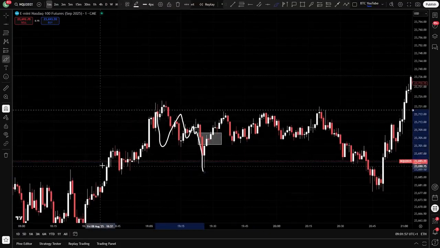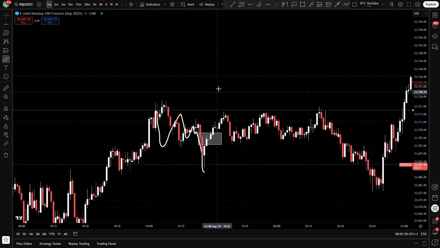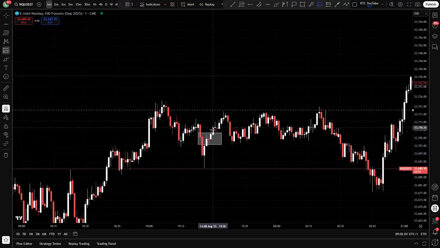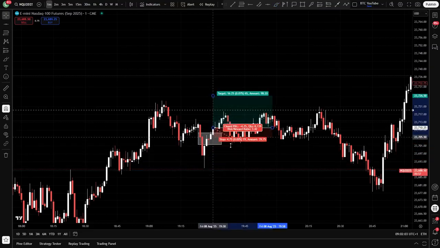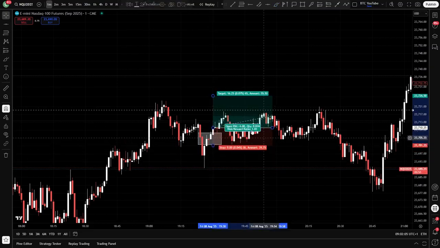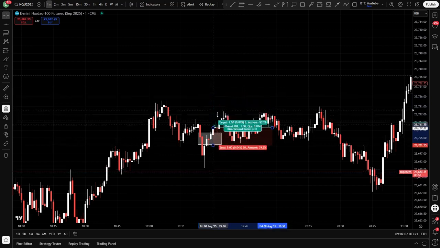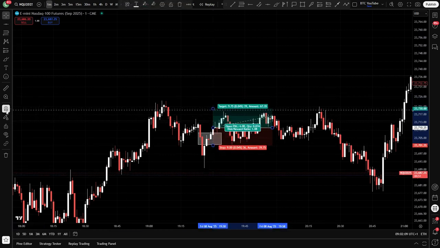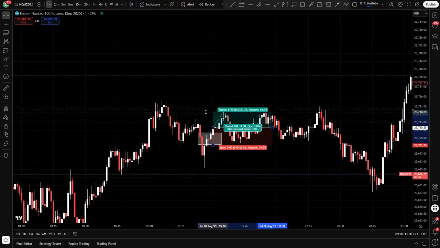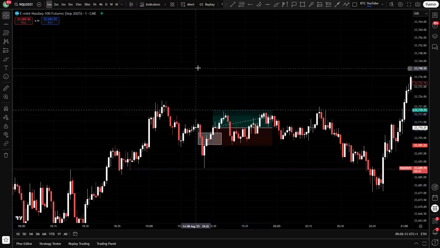Accumulation, manipulation down, sweeping out some liquidity, distribution back up. You could have entered here, targeted a 1-for-1. We can actually drag my thing out. Come on. Honestly, this magnet tool does my head in sometimes. You can see we just about would have hit a 1-for-1 here probably